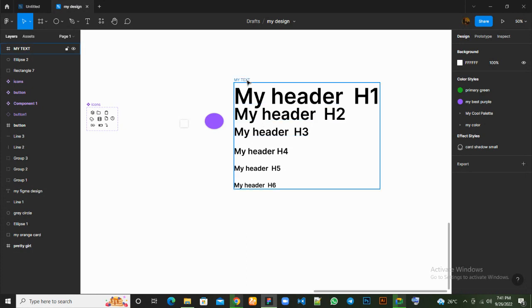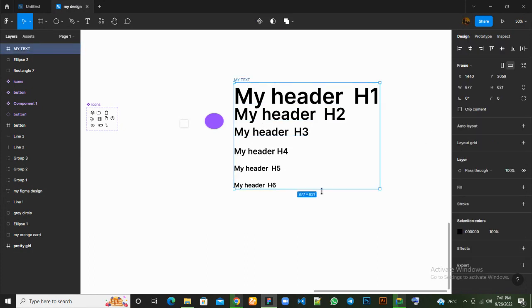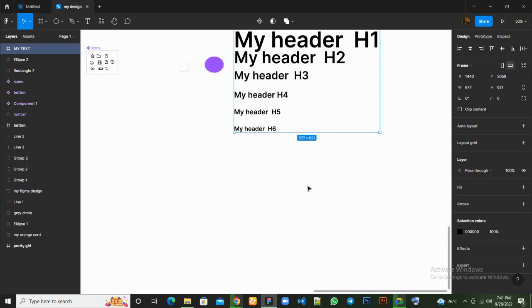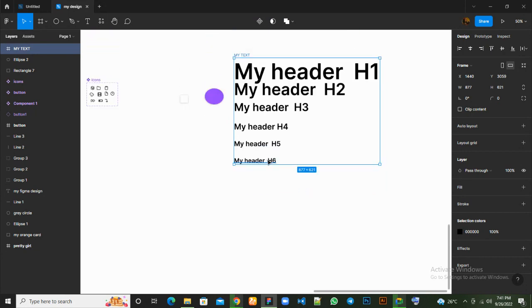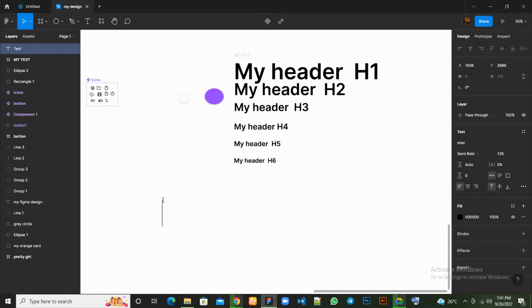Yeah, so this frame has different variants inside it. So how do you actually use it? Let's say you're designing and you want to write something. So you go ahead and write